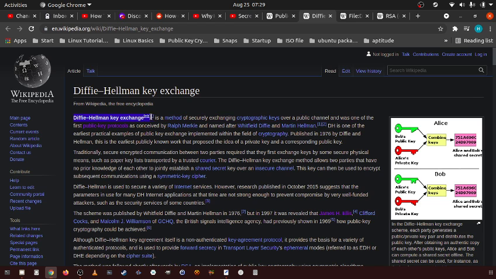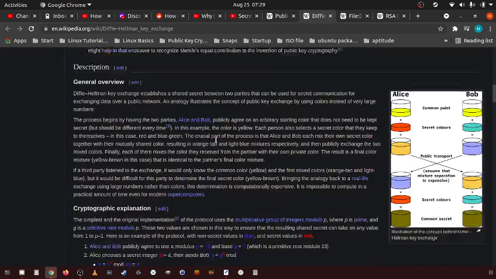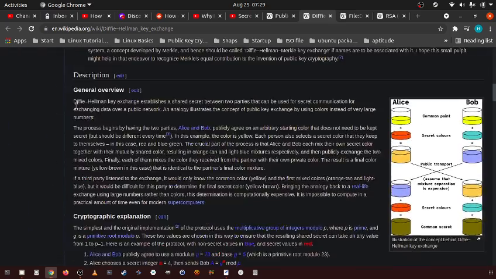That's what it is, right? Diffie-Hellman key exchange establishes a shared secret between two parties that can be used for secret communication for exchanging data over a public network. The analogy illustrates the concept of public key exchange by using colors instead of very large